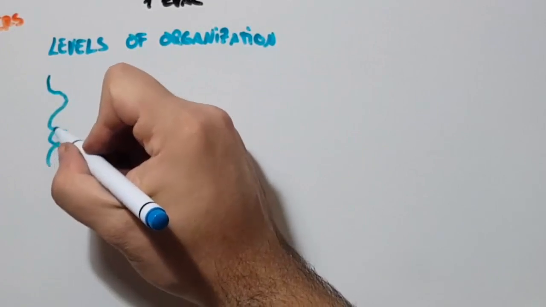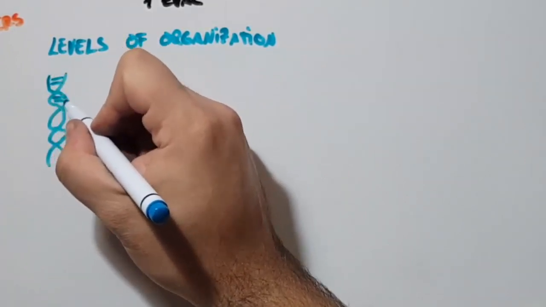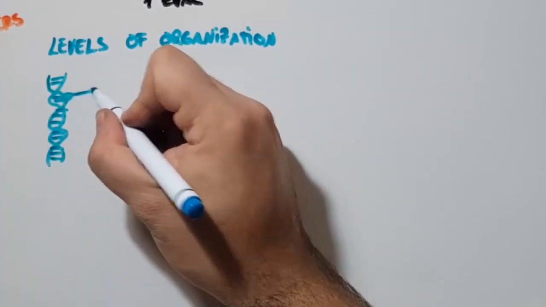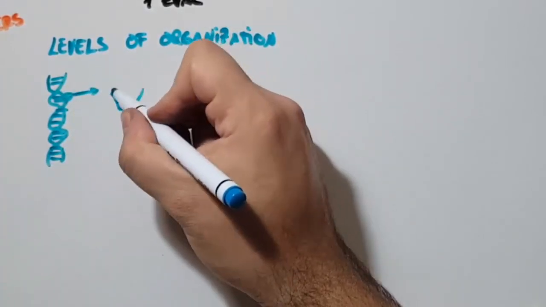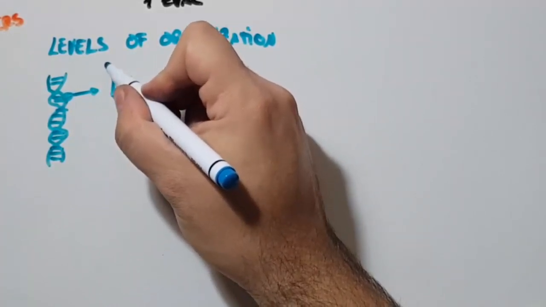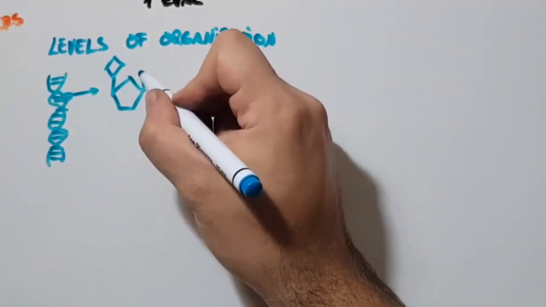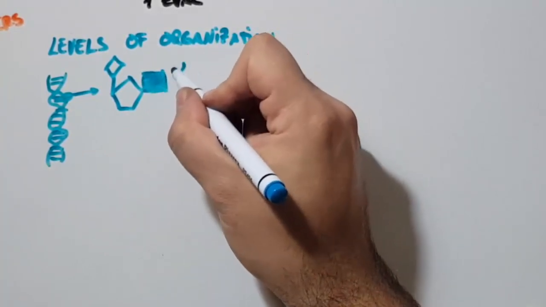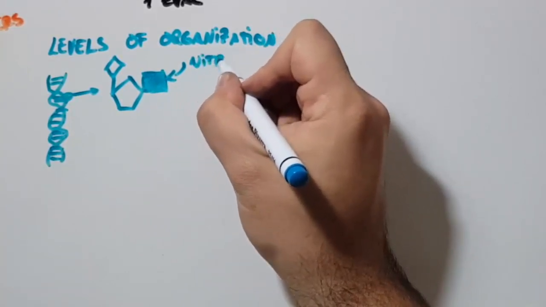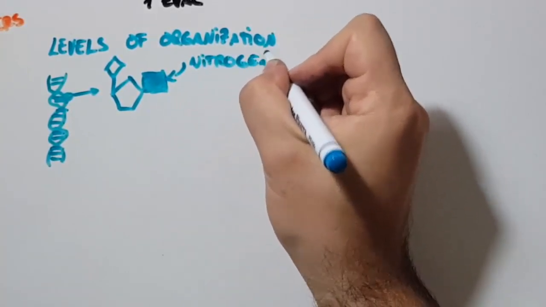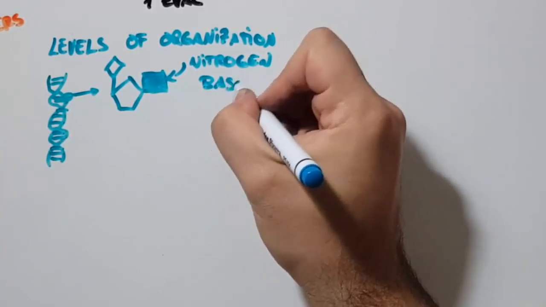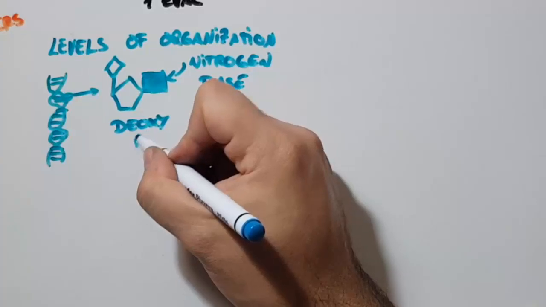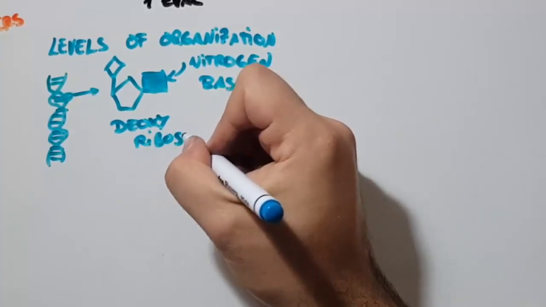We have the DNA double helix, whose basic unit is the nucleotide. Yes, you remember the nucleotide, that has the nitrogen base, the deoxyribose